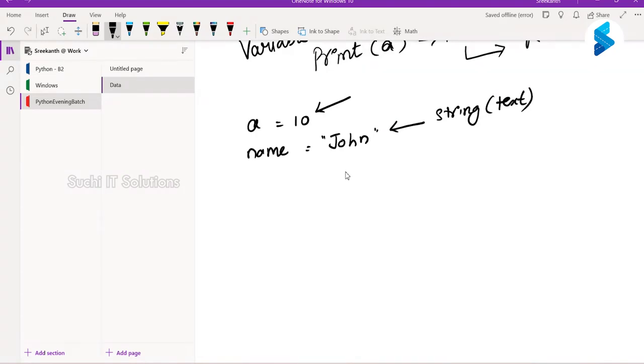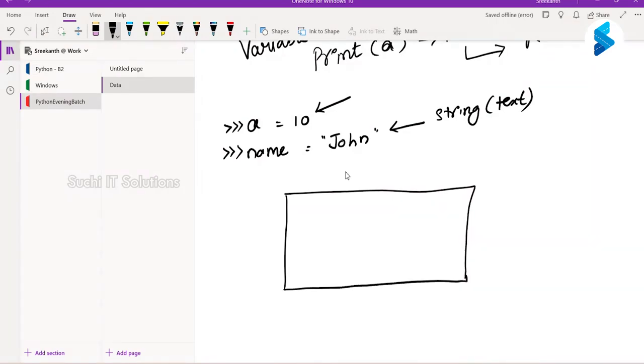Now what happens when Python understands this and tries to execute it? As I told, this information will be stored somewhere in your memory. Let us say this is your memory. From now on, whenever I say memory, I always mean it is RAM.